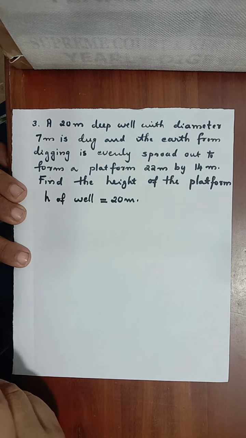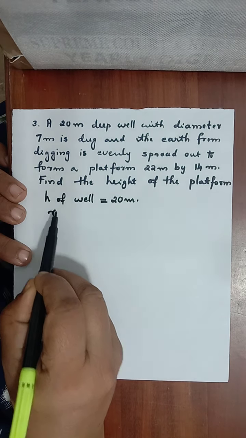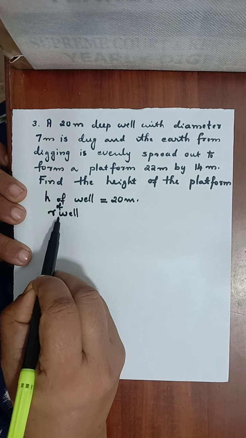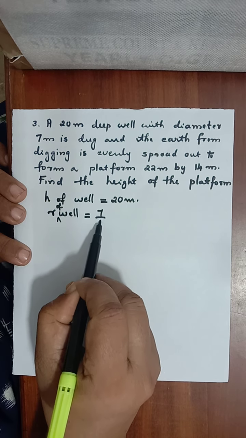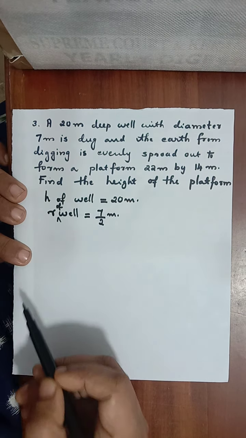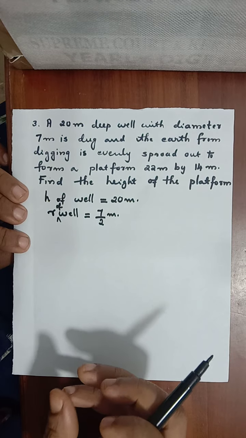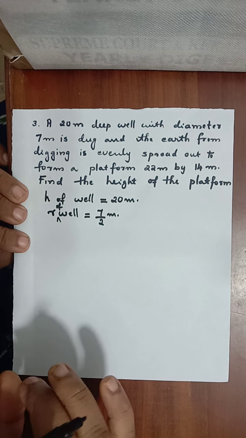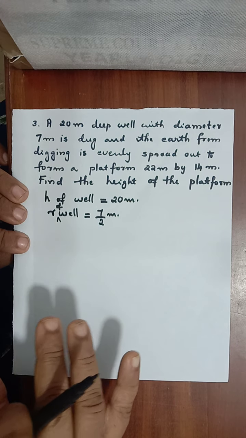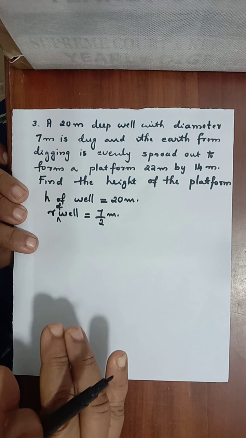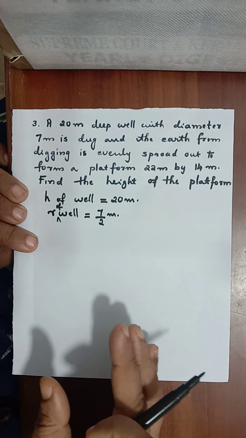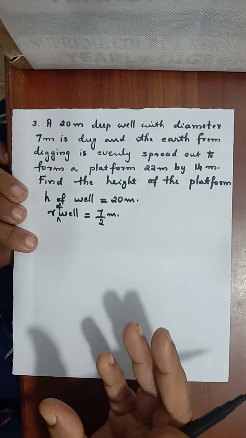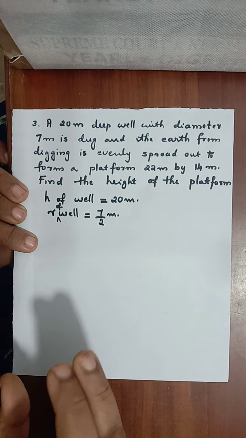With a diameter 7 meter. Diameter 7 means radius of the well, R of well, is equal to 7 by 2 meter. So this mud is taken out and spread in the form of a platform. Platform is cuboidal shape. Platform means, like a step it is. So length into breadth into height is the volume of the platform. So now what is the volume of earth taken out of it? That is volume of cylindrical shape